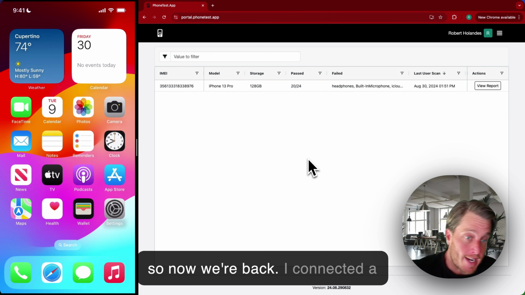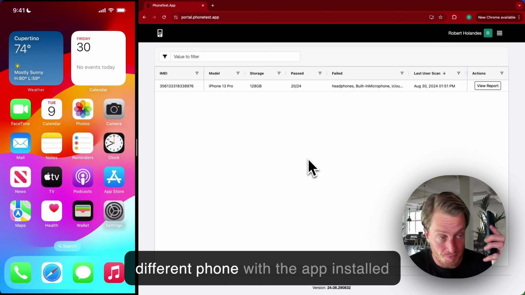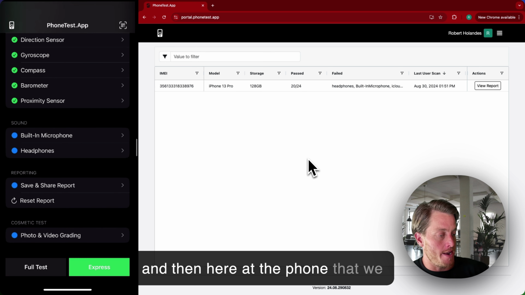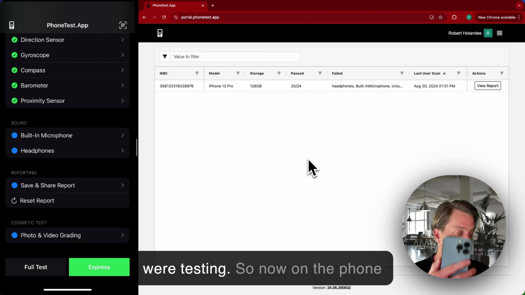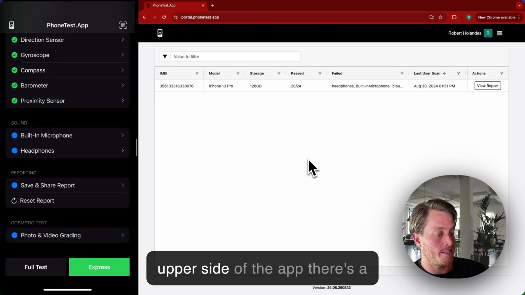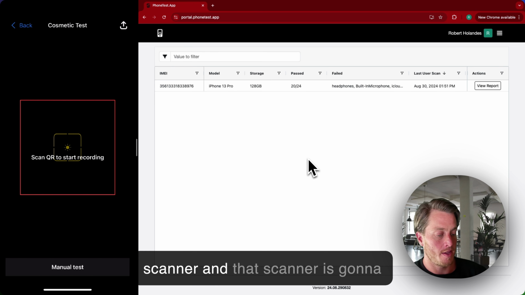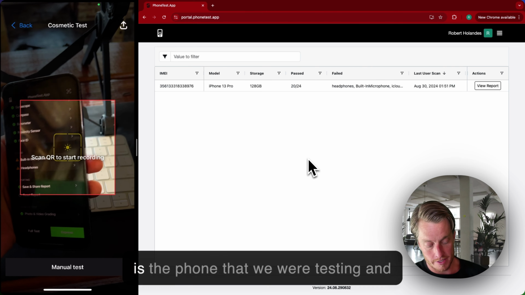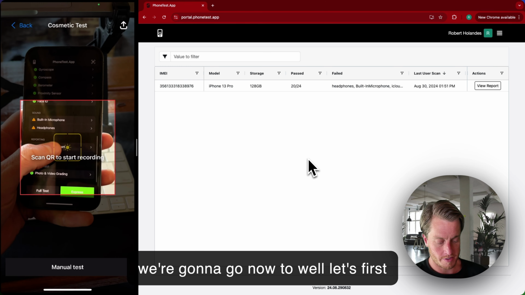All right, so now we're back. I connected a different phone with the app installed, and here I have the phone that we were testing. So now on the phone that we're going to use to record the cosmetic grading, you see at the right upper side of the app, there's a scanner. And that scanner is going to ask you to scan a QR code. Well, this is the phone that we were testing. First, see if we can